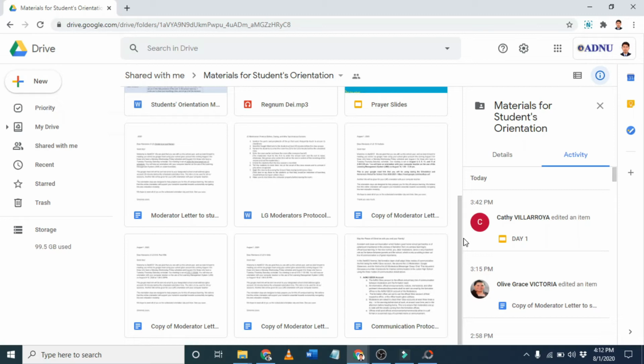So, kasi ang folder na to can be accessed by all the moderators. Kasi lahat sila binigyan ng shared link. So, to avoid that, we need to make sure that our own copy is saved to our personal folder. To do that,